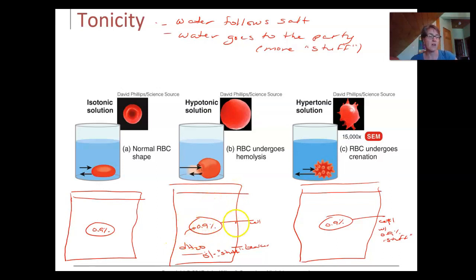So when you look at all these diagrams, it's always like, understand what's happening, and it's a numbers game. Where is there more? Okay, more is inside the cell. If more is inside the cell, water will move in. Water enters. Okay, so this is a picture of water entering into the cell.